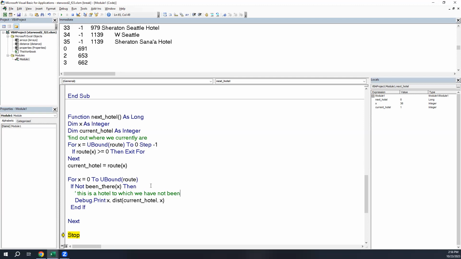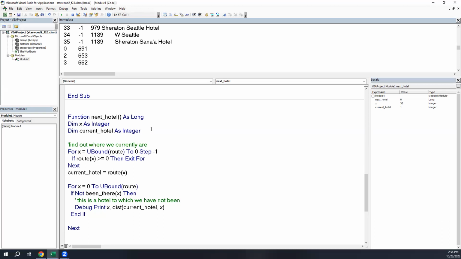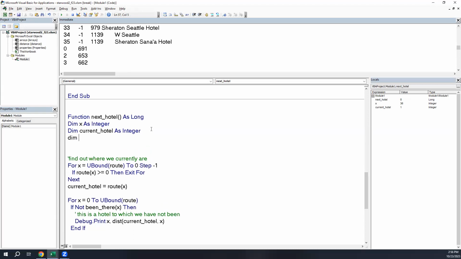Well, maybe I could do min and then do a match to go back and find it. But we've got to kind of look at these one at a time. I got to notice when I have found the next smallest one I've seen so far and keep track of that in case it's the smallest one that I'm going to get. So let's go ahead and take a look. I'm going to declare here a couple of variables. Let me dim short distance